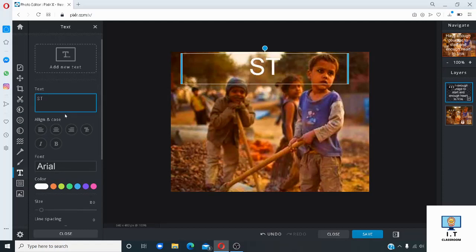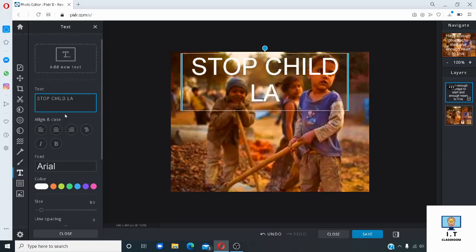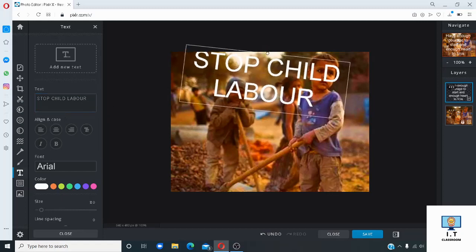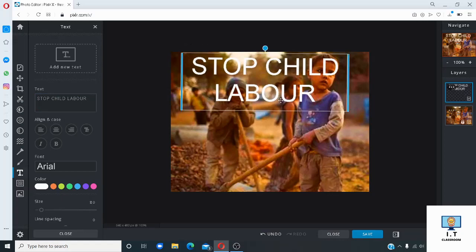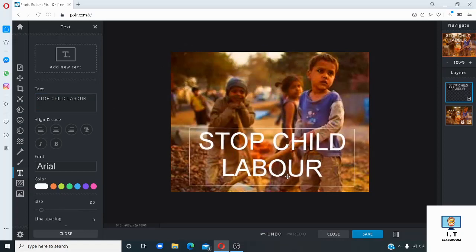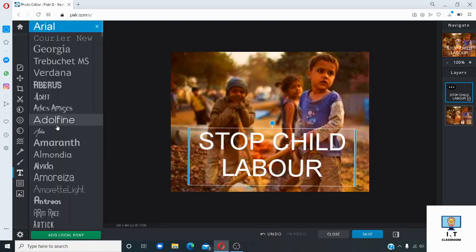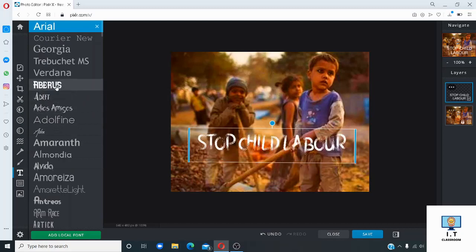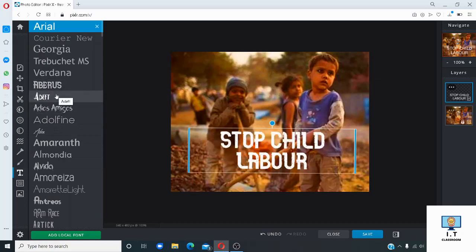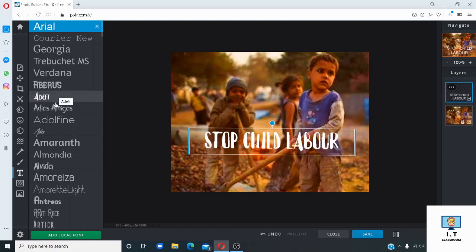As I am typing here this text, stop child labor. So in this way, we can add text in this image, and you can drag this text anywhere, up or down, on this image. You can even change the font type.